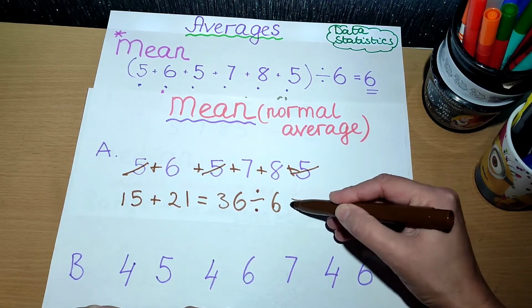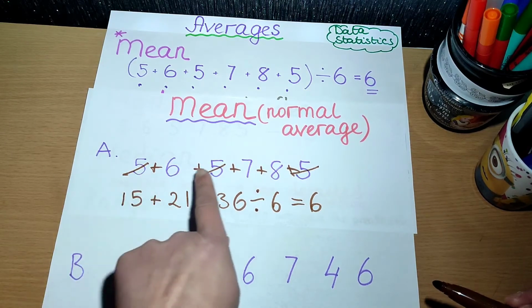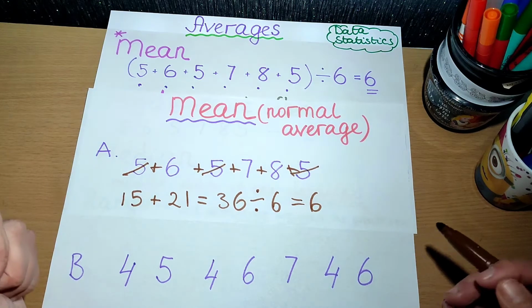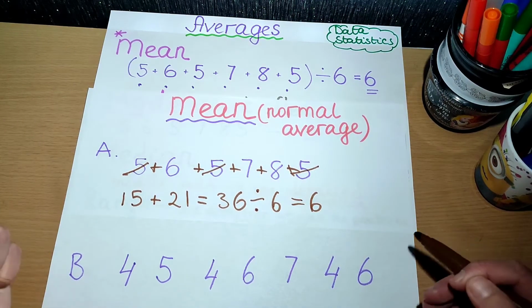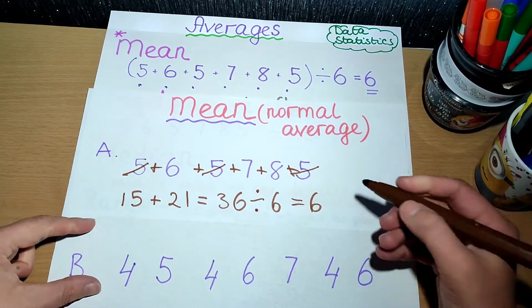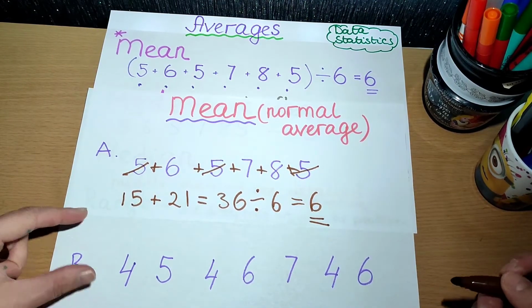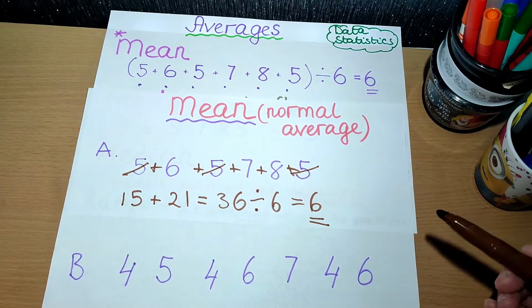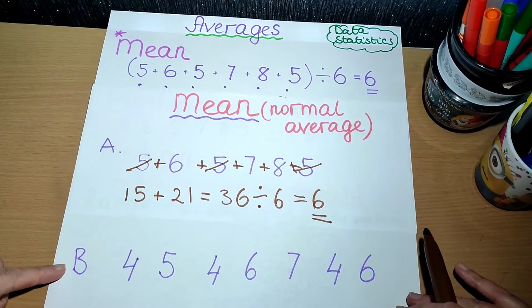And what are we going to get? 6. 36 divided by 6 is 6. So you're adding all of the numbers together, and then you're dividing whatever you got by the amount of numbers. So in this case, mean average is 6. So on average, each child had 6 biscuits. Okay, let's have a look at